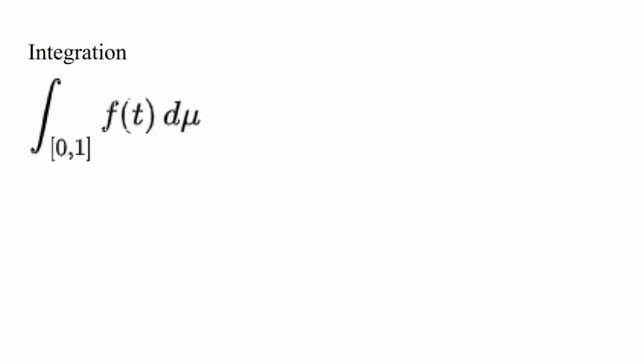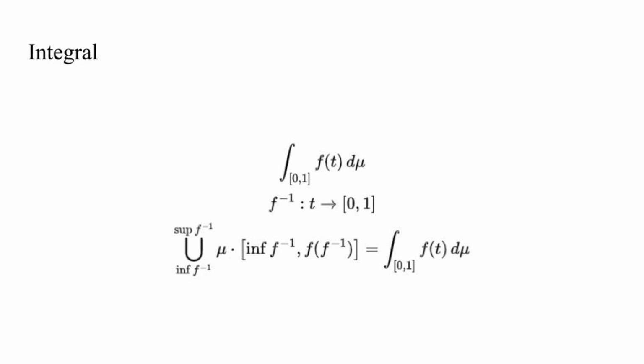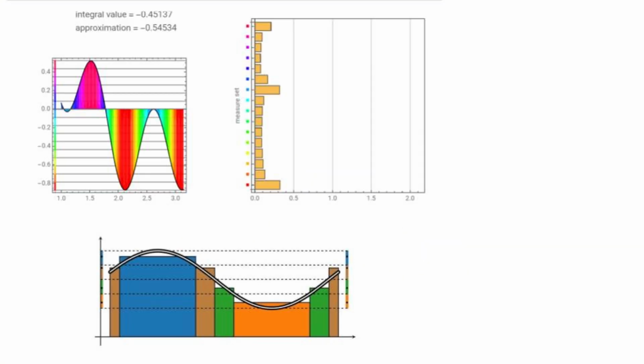First, let's say you wanted to integrate a function across the interval 0 to 1, and you don't have a Riemann integral. We could instead use the prior knowledge of set measurements to try to construct our own integral. First, we can take the preimage of the set, which redefines the lateral interval, and bounds the height to a max and min of 1 and 0. Then we can take the union of sets from the smallest value of the preimage to the largest value on each bound, with respect to the length of the measured set. This gives us our integral, also called the Lebesgue integral.